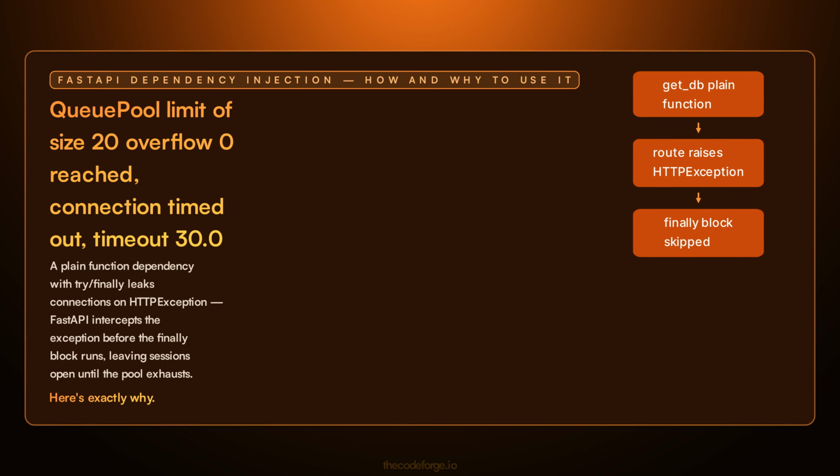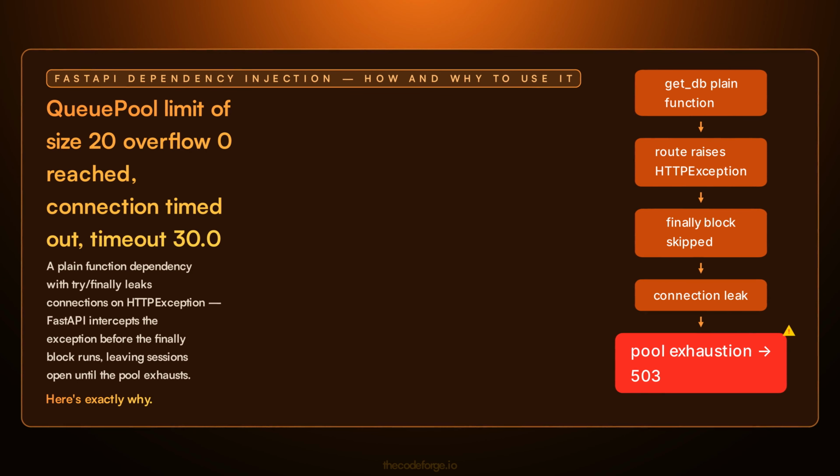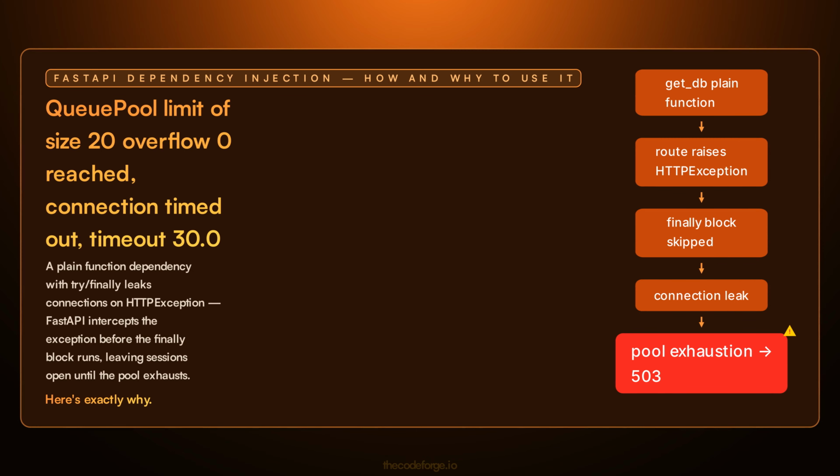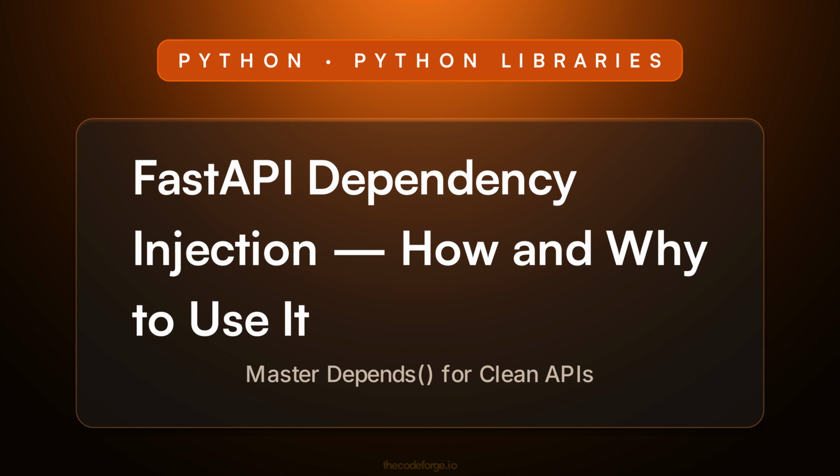QueuePool limit of size 20 overflow 0 reached, connection timed out. The pool isn't too small, it's a leak. A plain function dependency's finally block never runs when the route raises an HTTP exception. Let's break down FastAPI Dependency Injection, how and why to use it, how it works, and the exact mistake behind